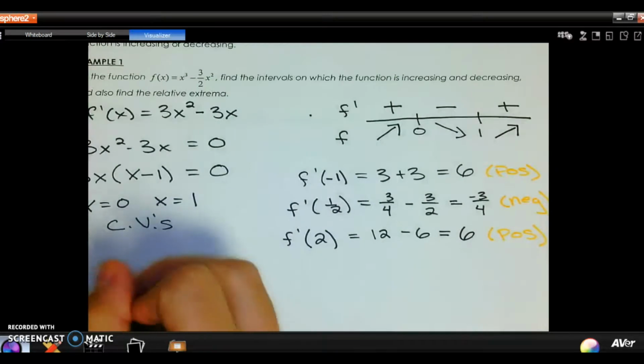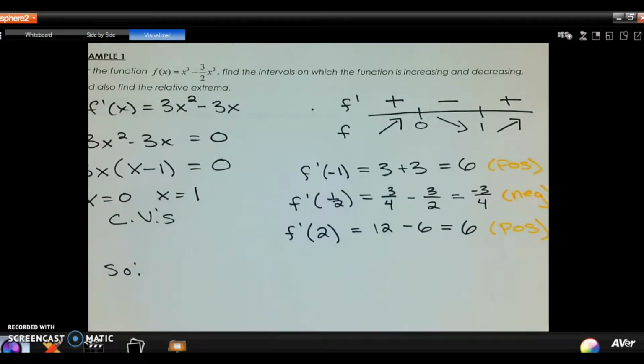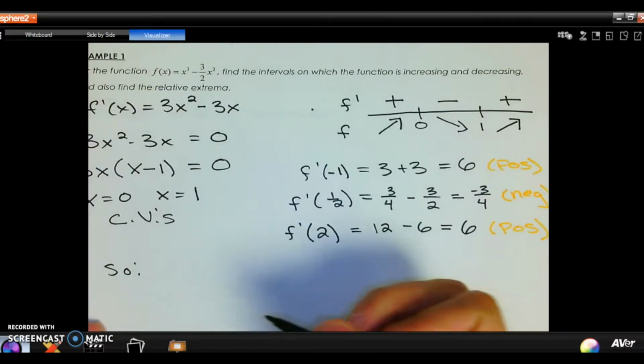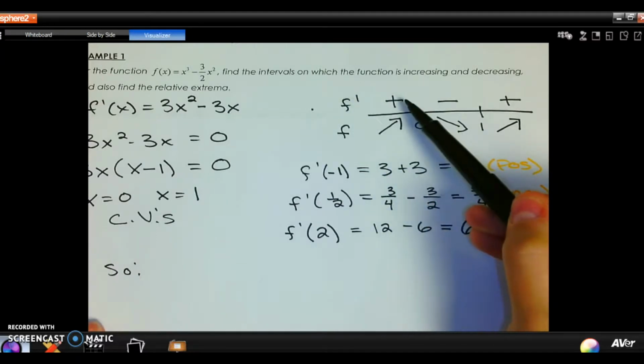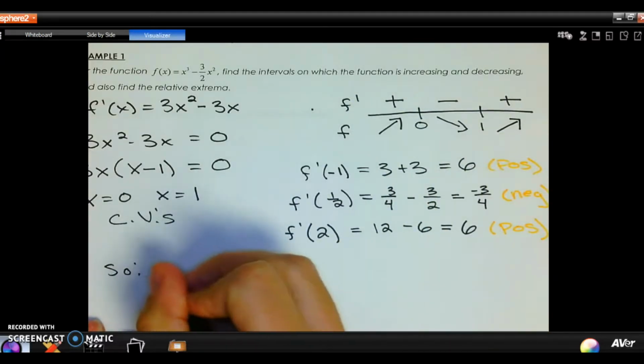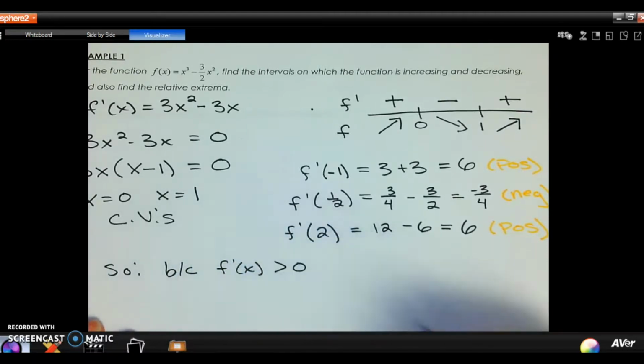And so now I'm going to say, okay, what does this tell me? Because if you just put this on your AP exam, you will not get full credit. A sign chart by itself is not enough to receive the point. You need to say something to the effect of because the derivative is positive, so because the derivative is greater than 0